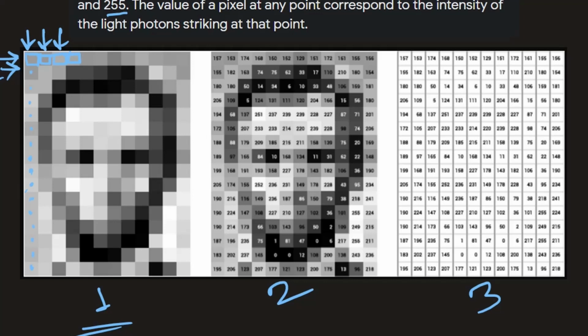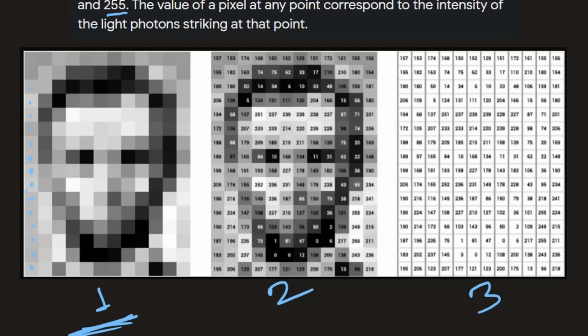Now, the second thing that we need to discuss is this particular picture that you can see, the picture 1 I'm talking about. It is a grayscale image, which means it is a black and white image. So you will have pixels which are absolutely white or maybe absolutely dark, or few pixels will be gray. But a computer that understands nothing but only numbers or integers, how exactly is it able to understand these colors or the intensity of colors? It is because behind each and every pixel there is a value attached to it,